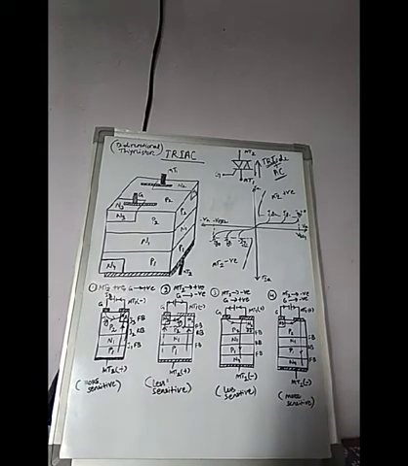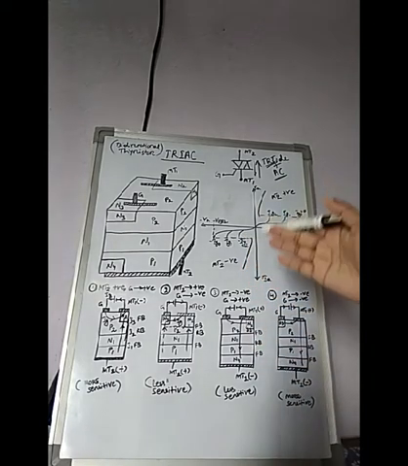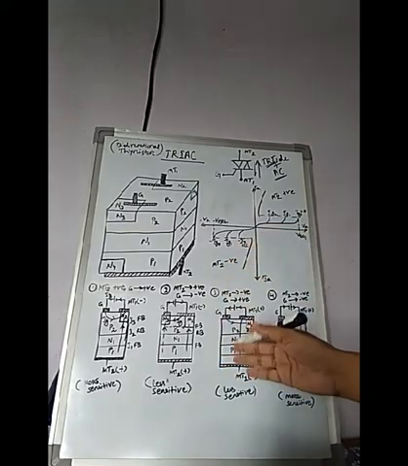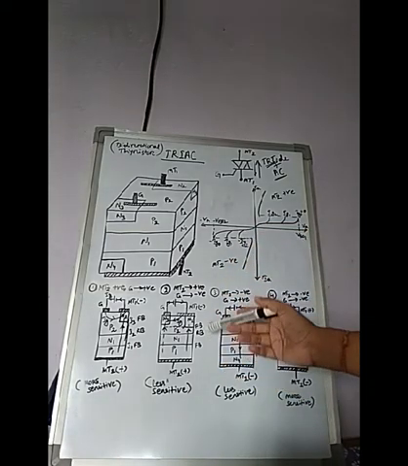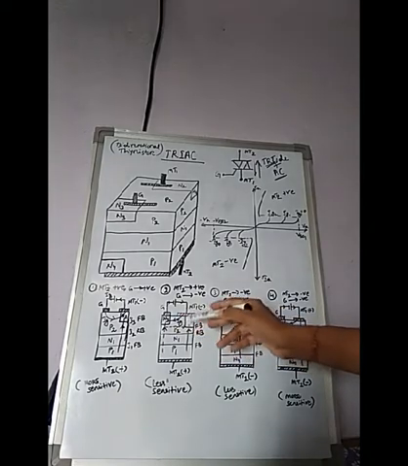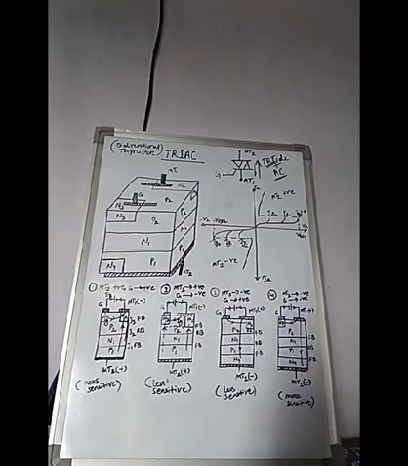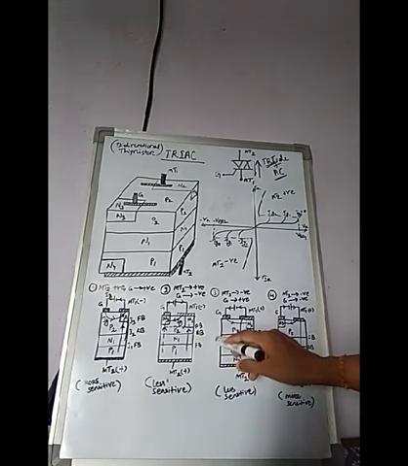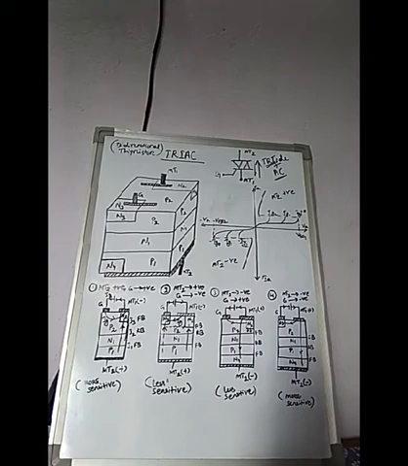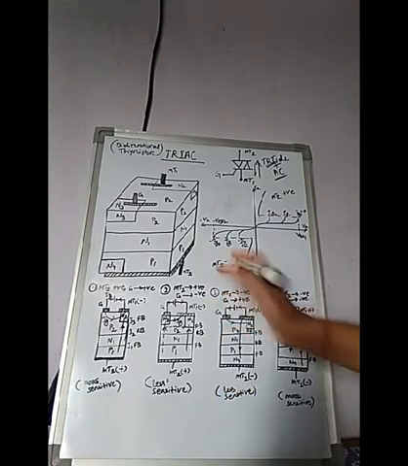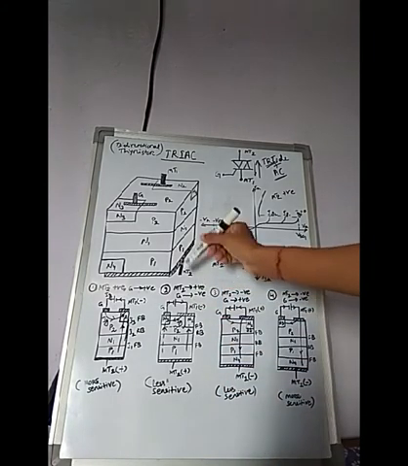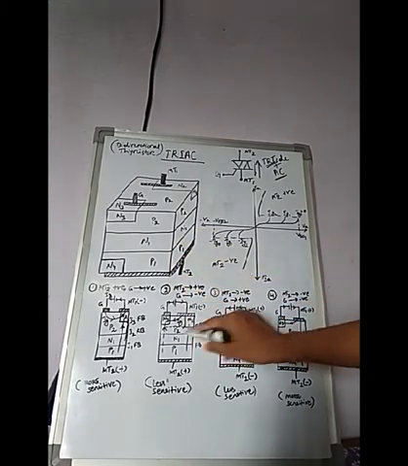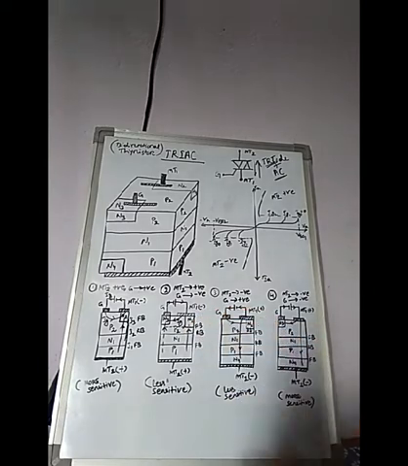Okay. So once the gate terminal is negative with respect to MT1, gate current flows through the P2 N3 junction, and the reverse bias junction, this is N1 P2, is forward biased, like a normal thyristor. Because it will inject charge into the P2 layer, that's why this reverse bias junction will now be forward bias.